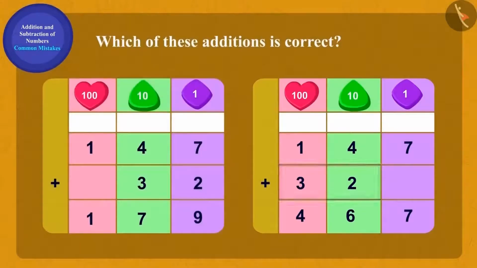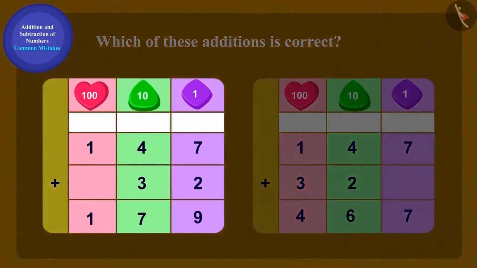Absolutely right. Here, while writing a two-digit number 32, we have written the digits in the wrong place. In which place should we write 3 of 32? Tens. And 2? Exactly, in the ones place. Children, remember, while writing any number, you must take extra care to write its digits in the correct place.